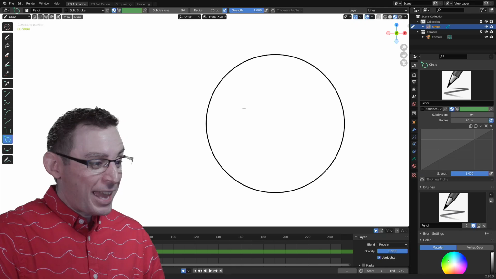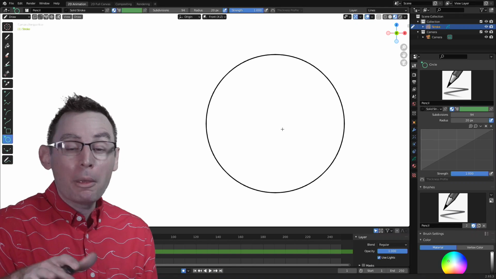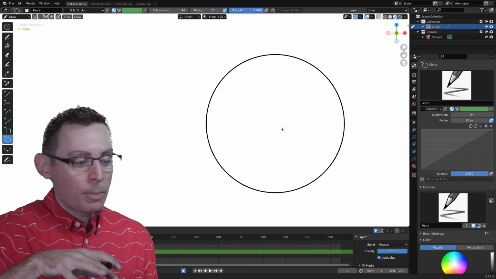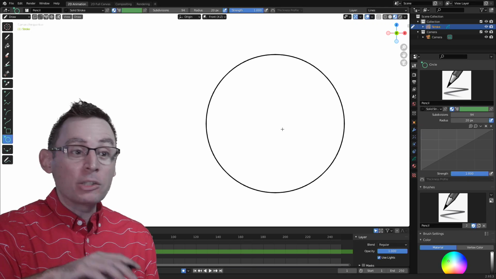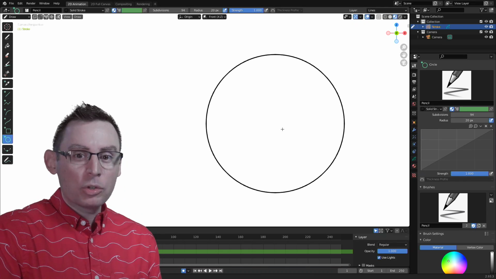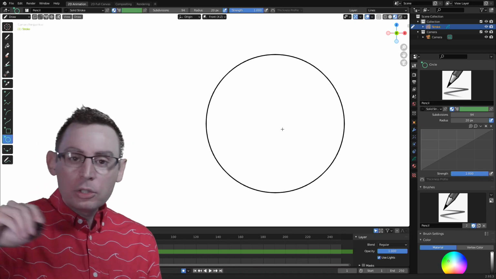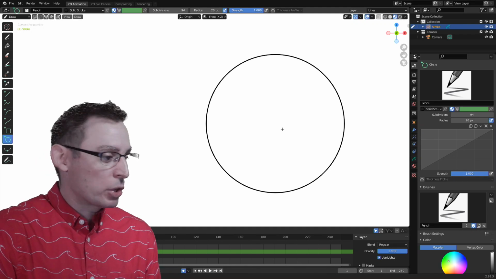Okay, now with that done, let's look at how we can start to edit this shape, because this is really where the power of the drawing engine inside of Blender comes to the surface, is that all of these strokes are still live. That means we can change them after we create them. This is not like a raster-based program like Photoshop, where once you put down a stroke, you're kind of committed to it. We can change ours, which is pretty neat.